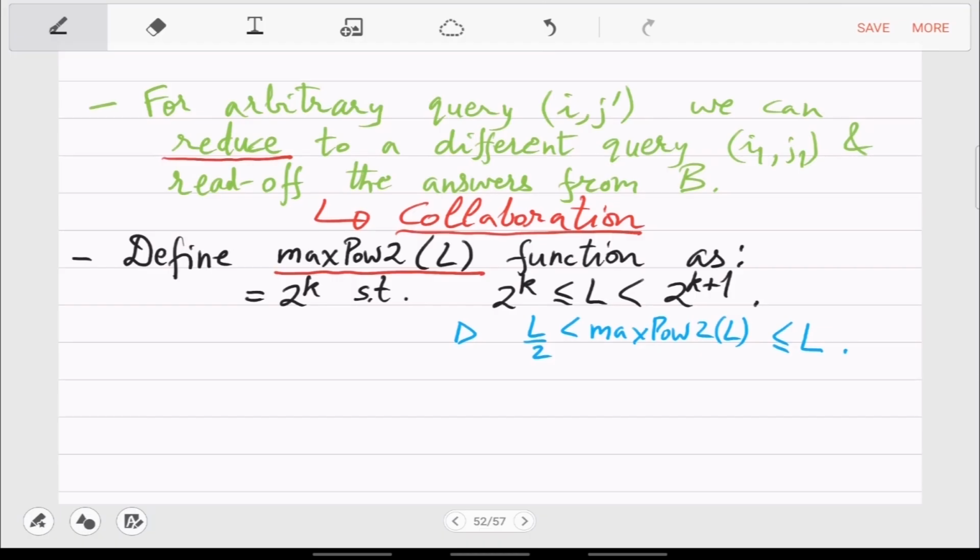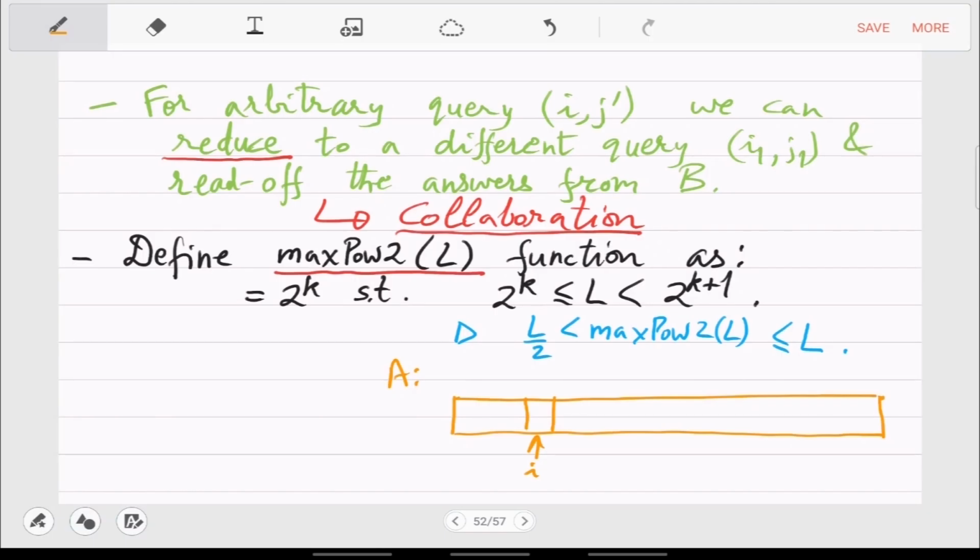So before giving the pseudocode, let us first draw a picture for the array. So your i is somewhere here. J is here. And this j is an arbitrary j, right? This is what the user has made a query. So this distance from i to j may not be a power of 2.